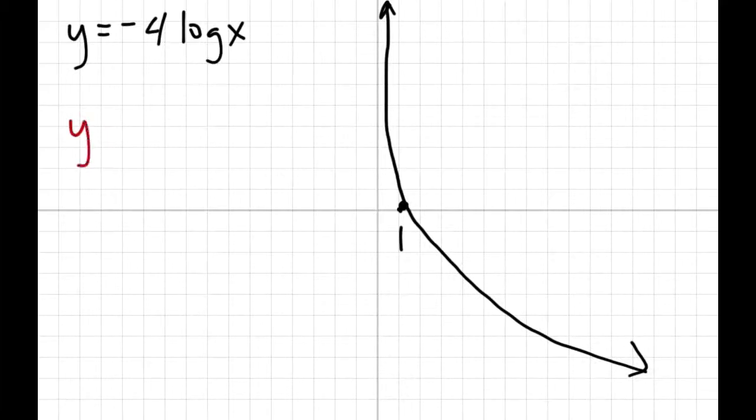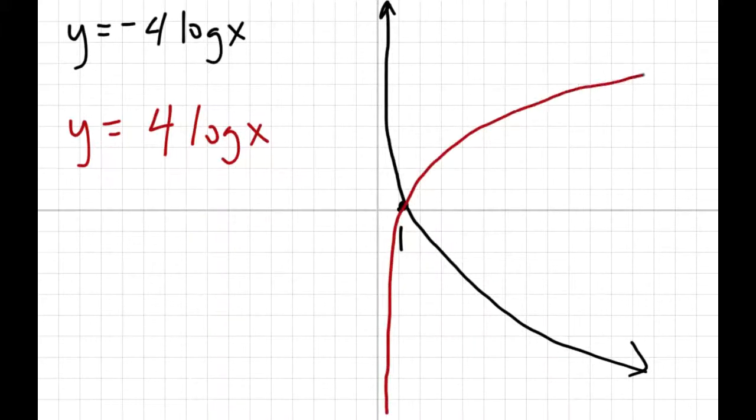Let's just draw a positive 4 just so you can kind of see the difference. It'll be starting on the bottom, it'll go through 1 and go up. So you can see they're pretty much identical graphs, just the positive one is going upwards, the negative one is going downwards. It's going to be decreasing. And that's pretty much it for